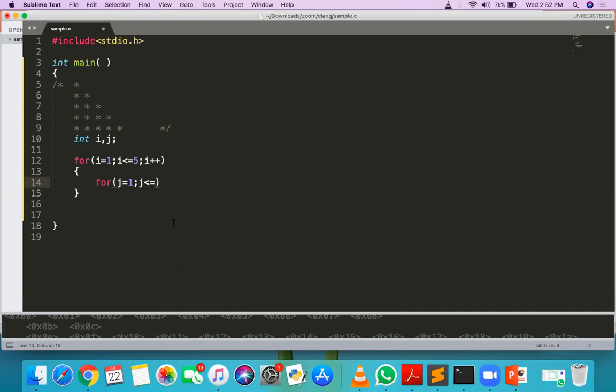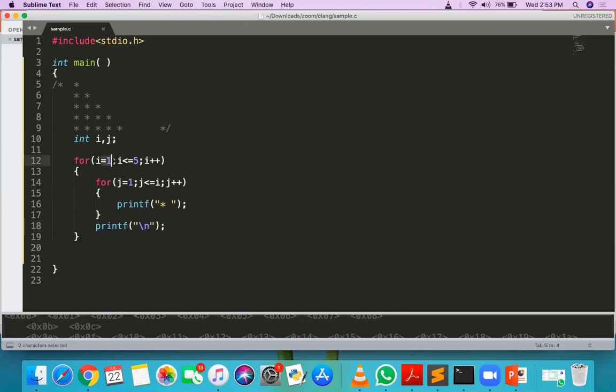For this type of output, the inner loop should be a dependent loop, so j goes from 1 to i, j plus plus. Then we just print the star, and after every line we print the backslash n. Get it?